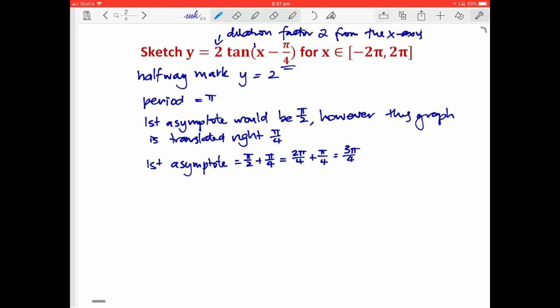Okay, so we know when our first asymptote is. We can say when our second one is. We just add our period. So 3 pi on 4 plus 4 pi on 4 gives us 7 pi on 4. If we add another asymptote on, we're going to go outside the domain, because if you put them on pi on 4s, that's going to be 8 pi on 4 and negative 8 pi on 4. Okay, so we can go backwards to get our asymptotes, but I'll just do it as we work through